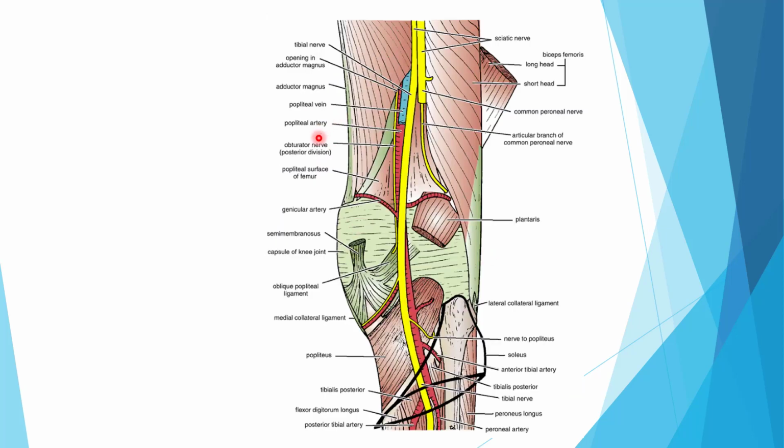See this diagram, this is the anterior part and this is the posterior part. See the popliteal artery. This is the popliteal vein and there is the tibial nerve which is present here. The popliteal artery will divide into two branches. There will be anterior tibial artery here and there is posterior tibial artery. See here, this is anterior tibial and this is the posterior tibial artery.